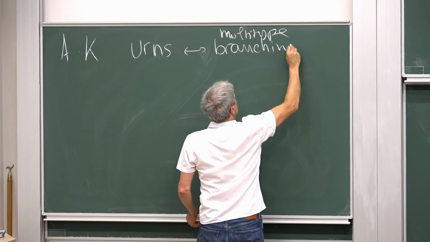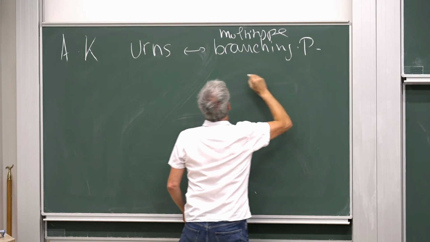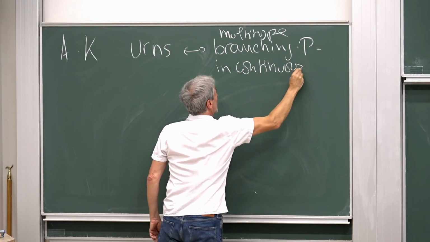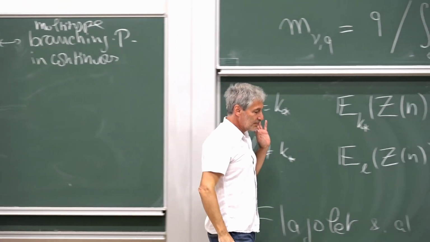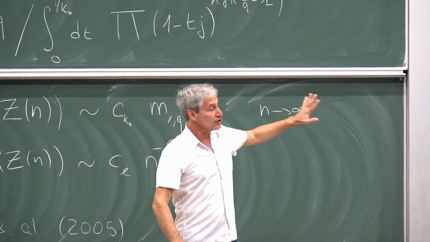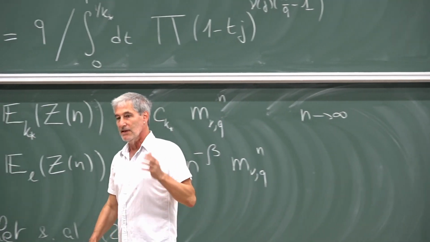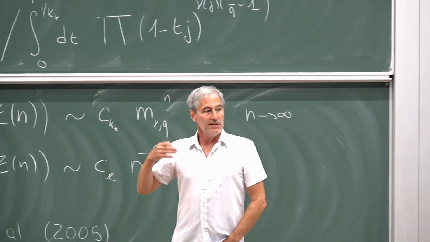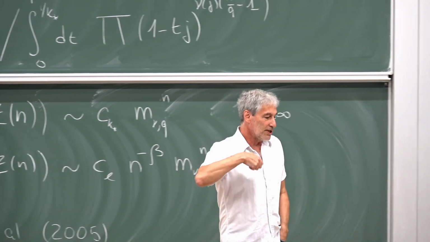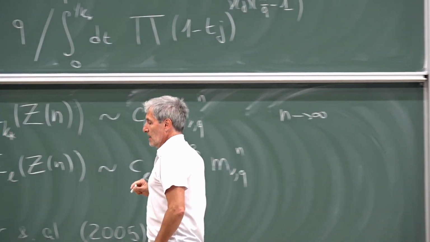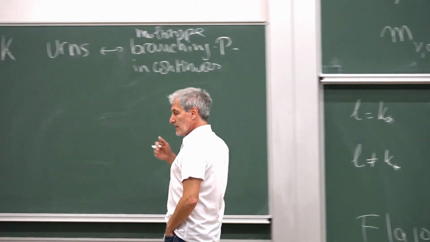Branching processes in continuous time. I will not explain the idea of Athreya and Karlin, just give it in our setting because it makes things much easier. So the idea is, instead of looking at the urn step after step, you will look at it in continuous time. So you will add